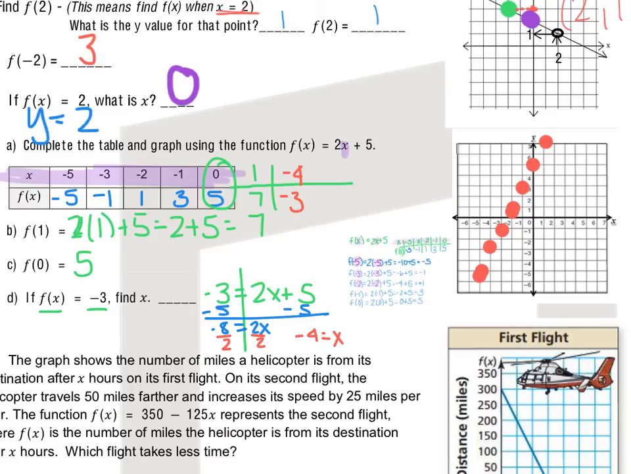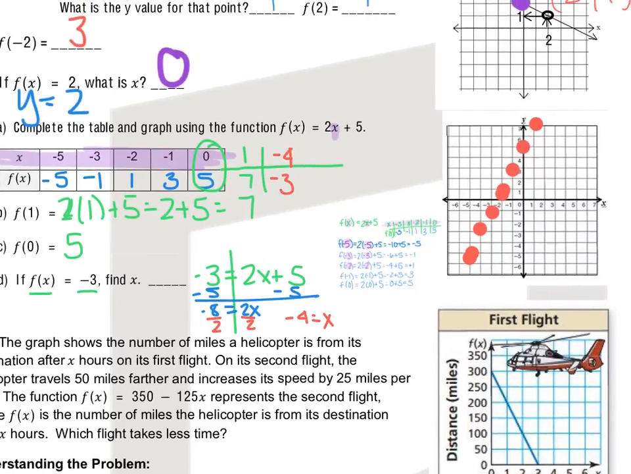So notice these points will roughly make a line, and that's very important that they make a line because that tells us a lot about this particular graph. It tells us it is a linear function,